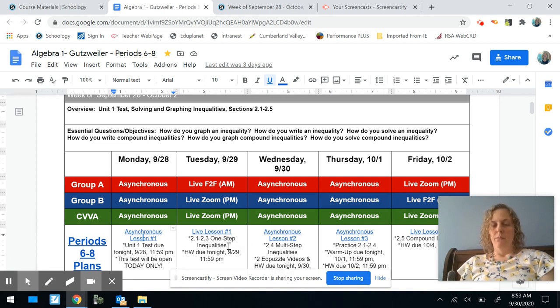If you could continue to stress to your sons or daughters that they should be checking their agenda daily and paying close attention to the due dates and times, that would be a tremendous help, because students are struggling a bit to get their items done and on time. And if they're missing items, then they're really missing some learning opportunities.